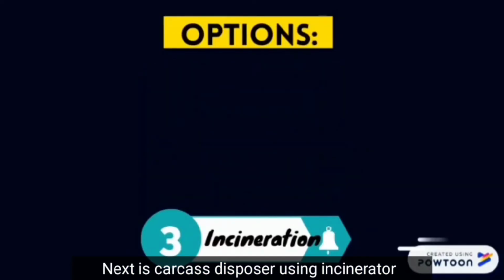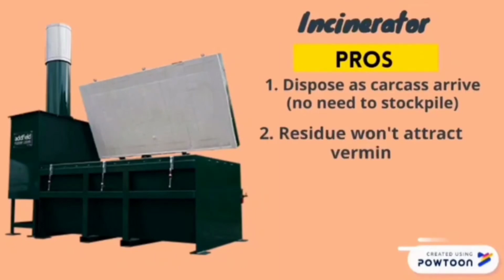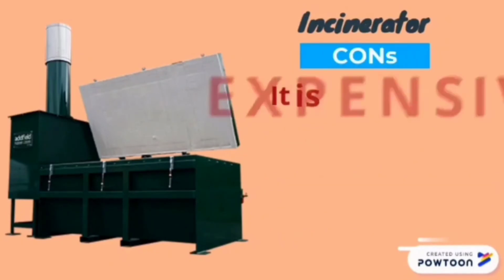Next is carcass disposal using incinerator. The pros of using incinerator are: while the cons are: